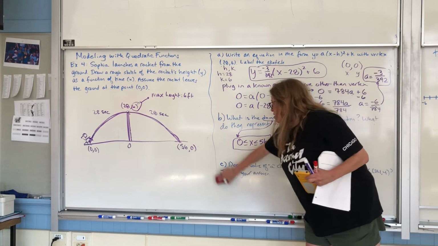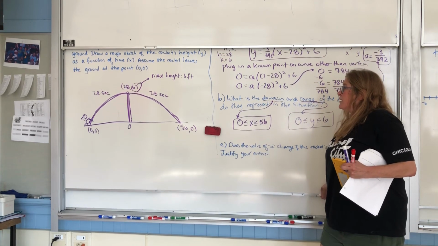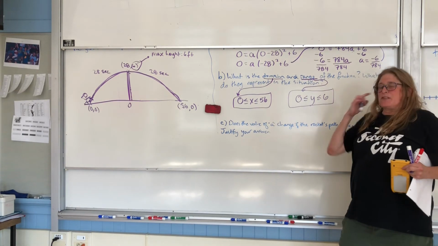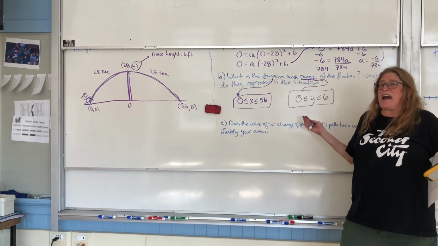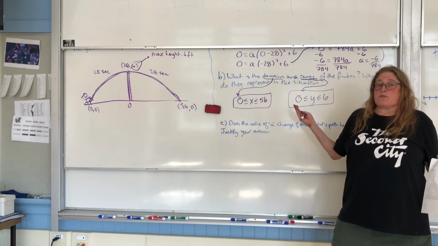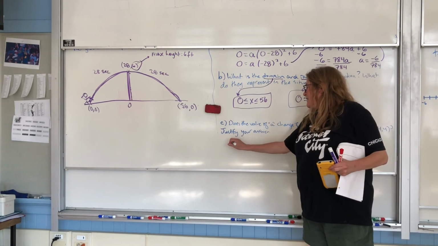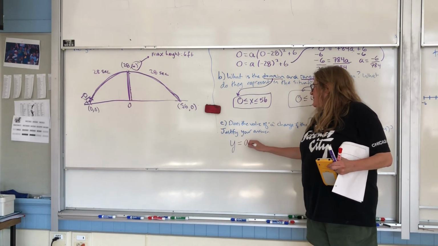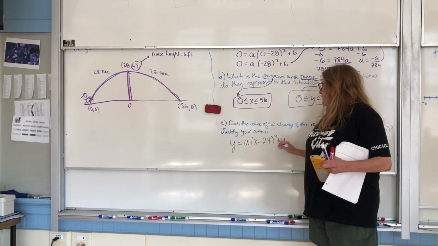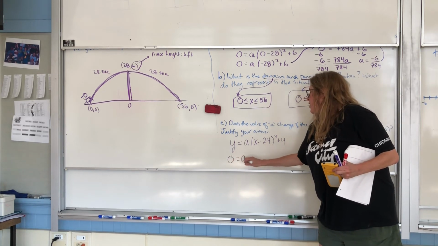Okay, guys, the last question, they're saying, is the value of a going to change if I change my vertex? And the answer is absolutely yes, right? Because the entire rocket launch now is going to be shorter. The rocket's not going to go as high up. But let's just show why that's the case. So if my new vertex is at 24, comma 4, right? If I plug in 0 for x and y,